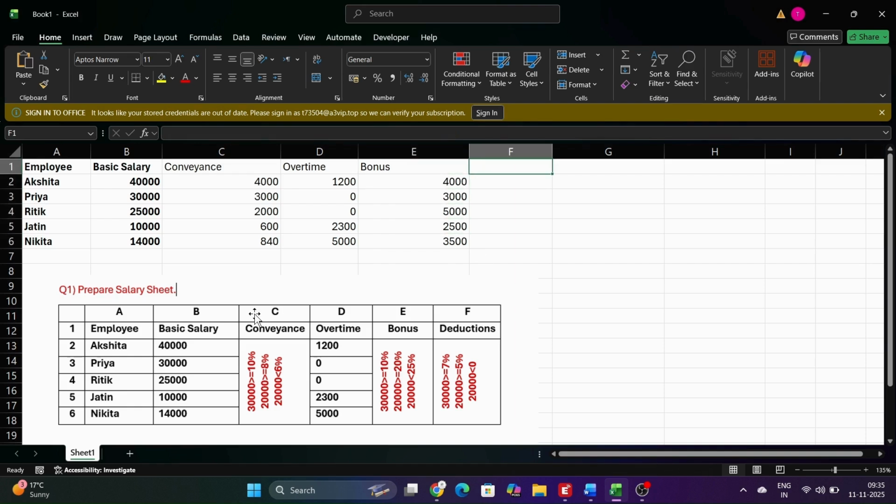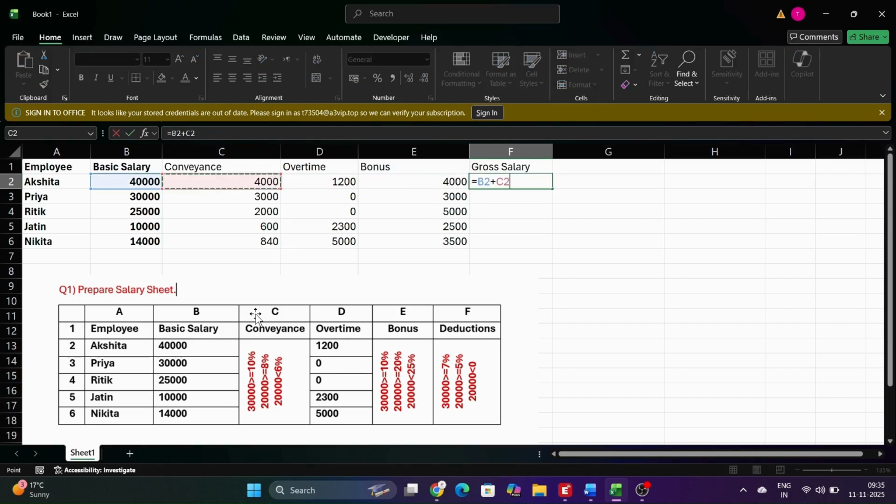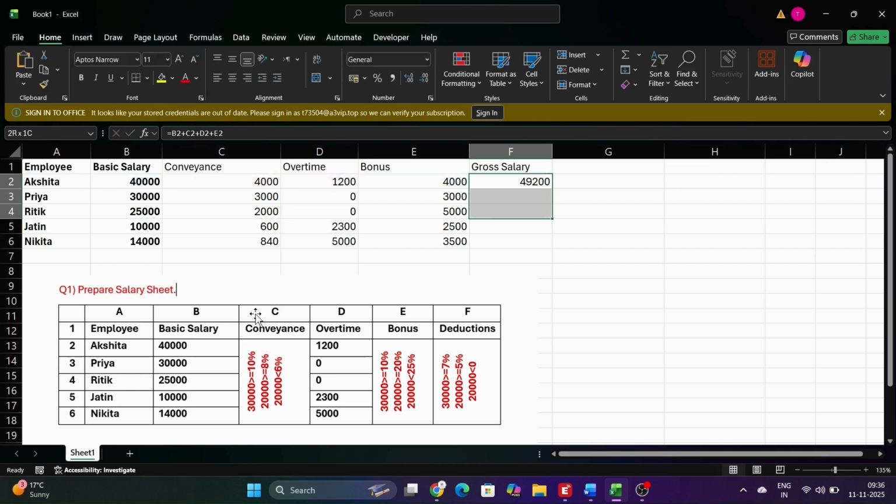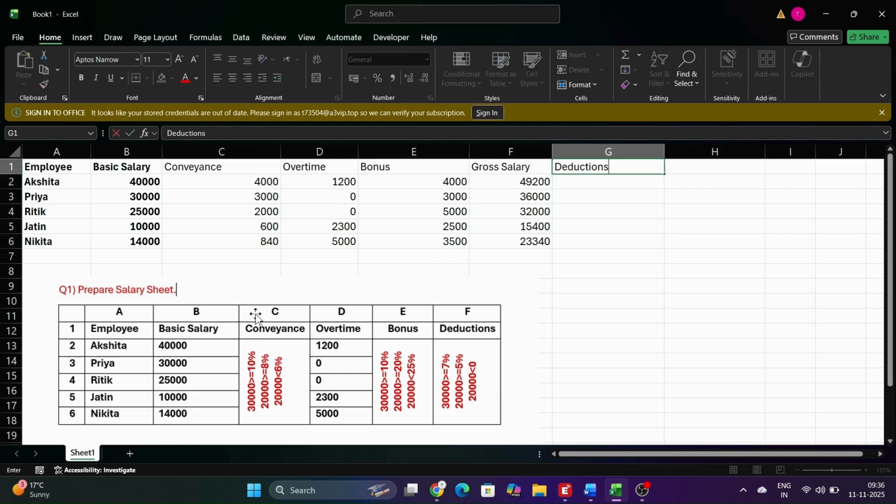To calculate the deduction, first we need to find the gross salary. For that, we have to add the basic salary, conveyance, overtime, and bonus. Now, let's move to deductions. We calculate the deduction on the gross salary, not on the basic salary. 30,000 rupees or more, 7%. 20,000 rupees or more, 5%. Below 20,000 rupees, 0%. The formula for this will be